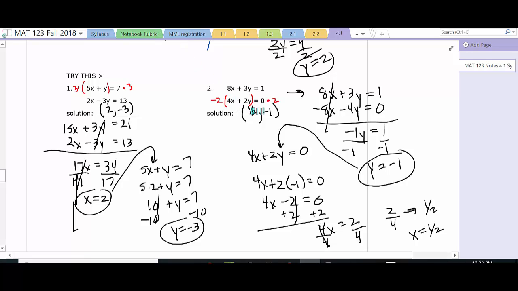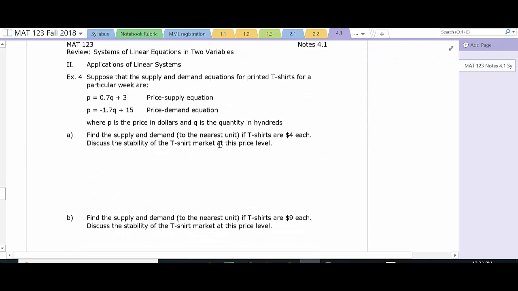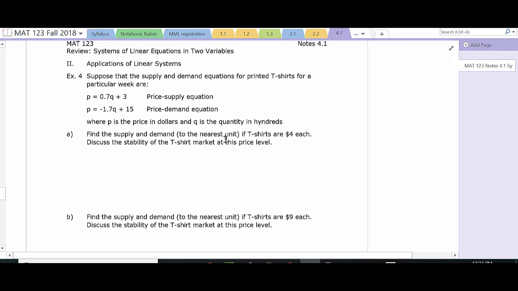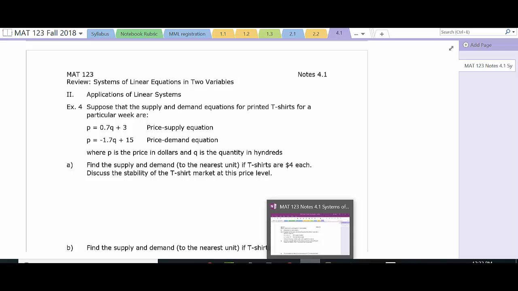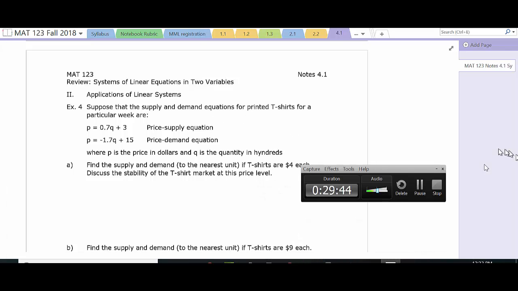Okay? How many people got both of those right? Okay, good. And you see, if you didn't do it the way I did, that's okay. As long as you got the right answer and know how to do it, that's what matters. There's more than one way to do that. Good. What we're going to use this for some is we're going to look at, now in this 4.1, what I'm going to do today, what I decided to do because I need to do 4.2, I'm going to pause this one right here, and then in next Thursday's class, I'm going to go through these